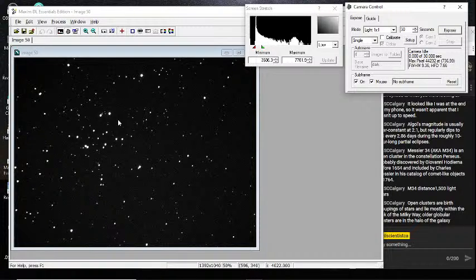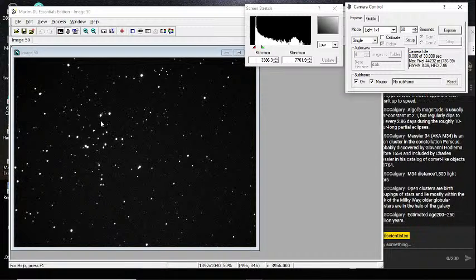So one of the things they do is they take spectra of all these stars, and they check the radial velocities. In other words, the velocities of them coming towards us or away from us. The cluster members will have similar radial velocities. The ones that aren't members will be different. So there we go. We've got an estimated age of about 200 to 250 million years. So these are very young stars.